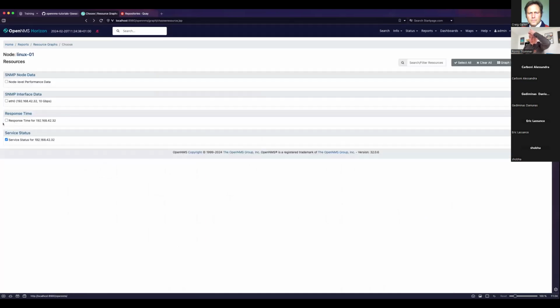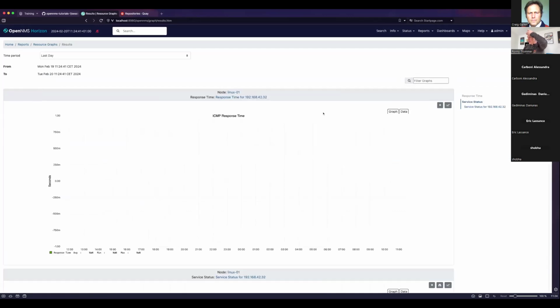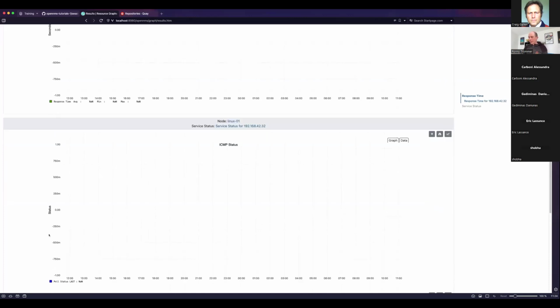Okay. Just to look at these things here as well. You have the ICMP response time. That's when our Poller daemon pings a device. It measures what the response time was, and then graphs it as a response time graph here. And for the status, it also collects whether the service is up: you get a 1.